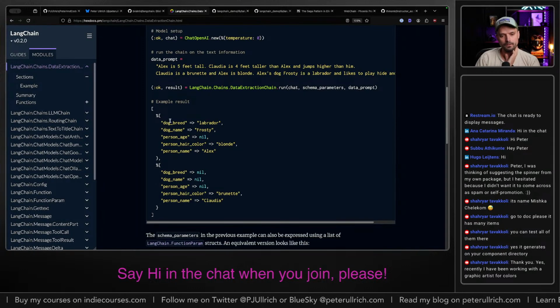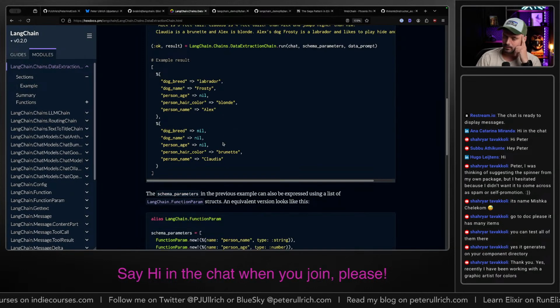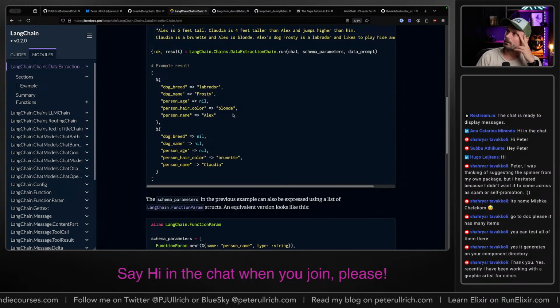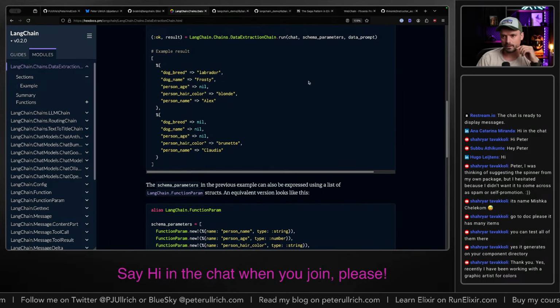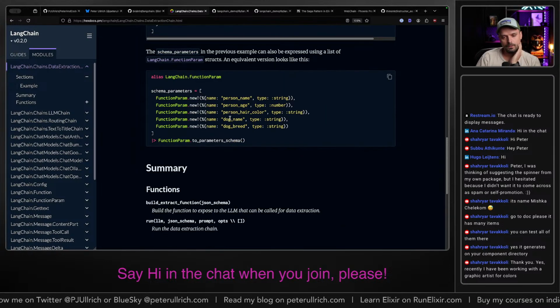And then you actually get exactly the fields back that you anticipate. So this makes it really cool to have structured data coming from the LLM and not just a huge chunk of text. Yeah, really cool stuff.